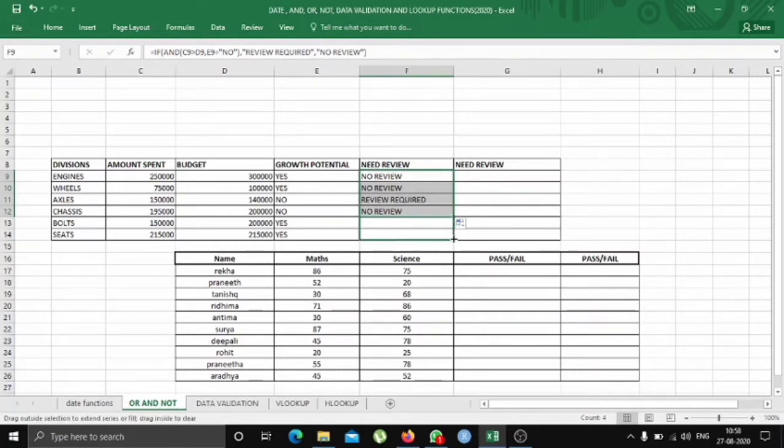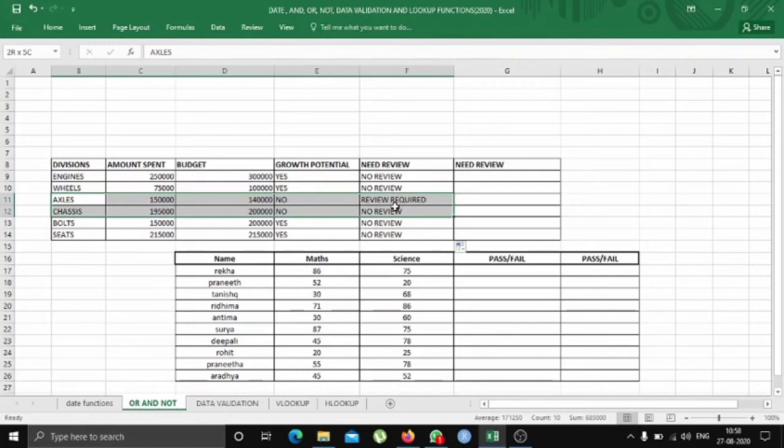Then for the rest two also we'll get no review. So in the axle division, both the criteria are getting fulfilled, so the result entered by Excel is review required.